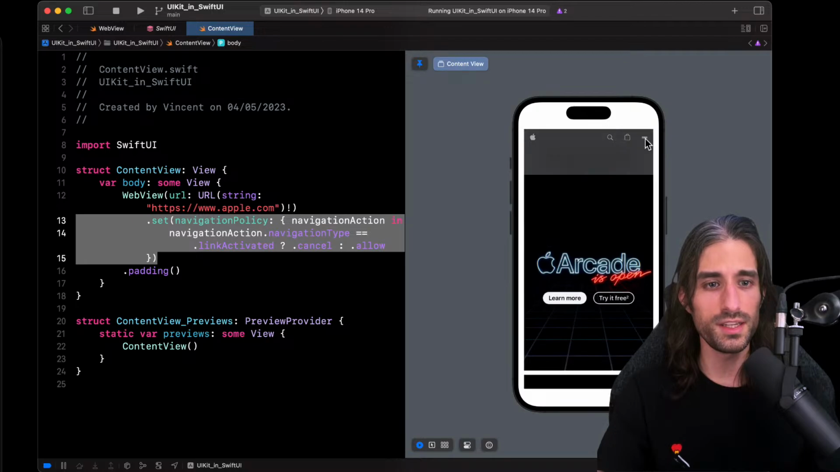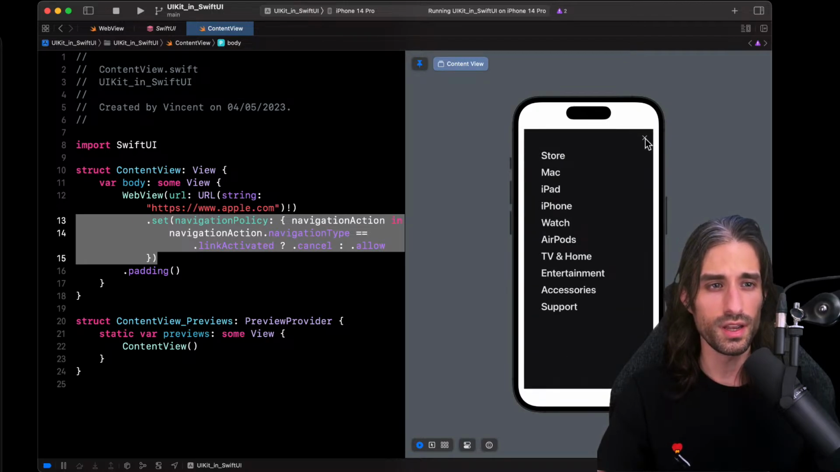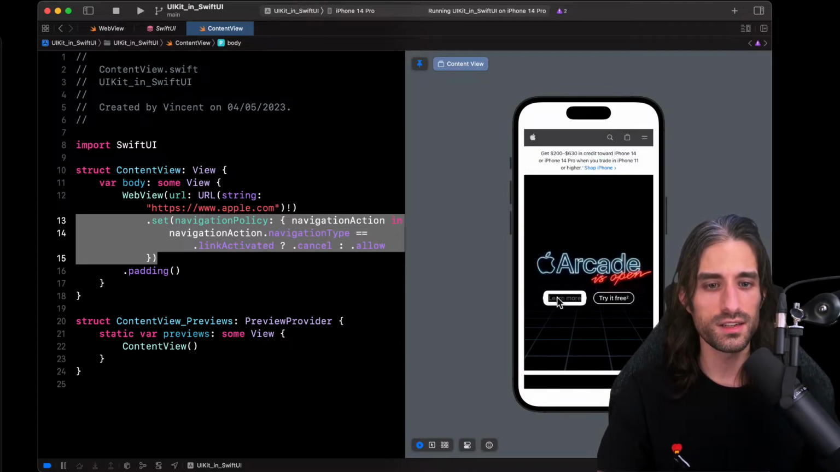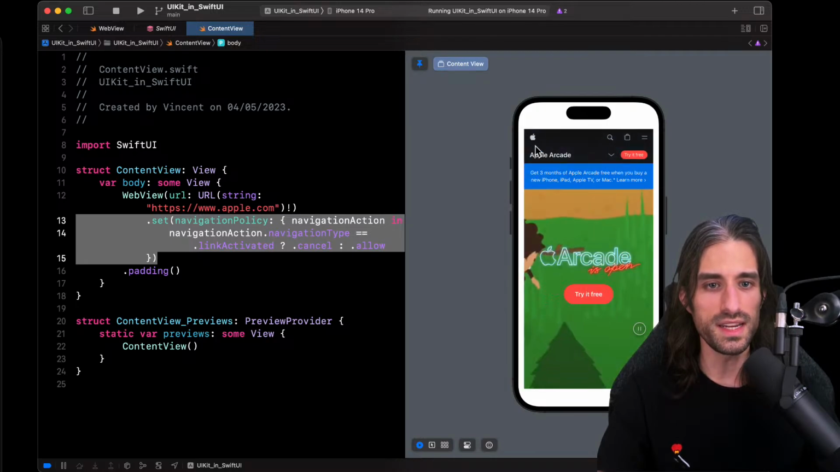Interestingly, you can see that the menu still works. That's probably because, actually, it's for sure that the menu is implemented in JavaScript inside the web page, but it doesn't trigger moving to another page. That's why the menu still works. But when we click on actual links, it's interesting. You see these